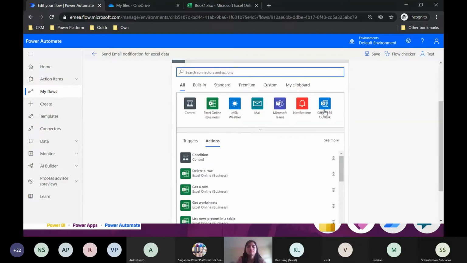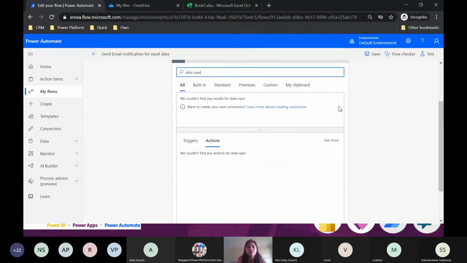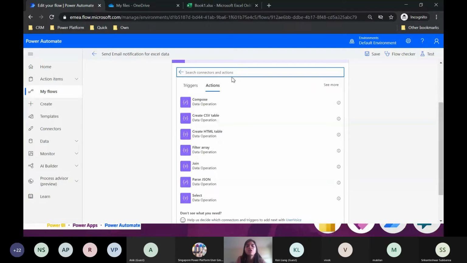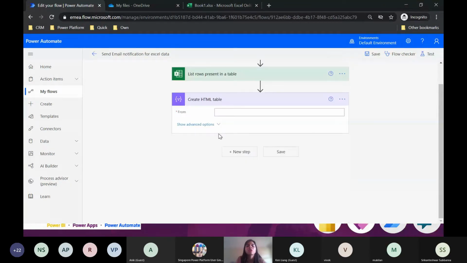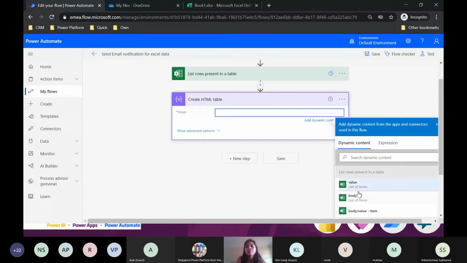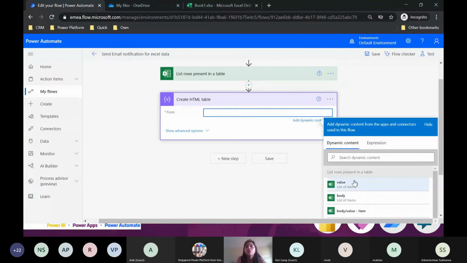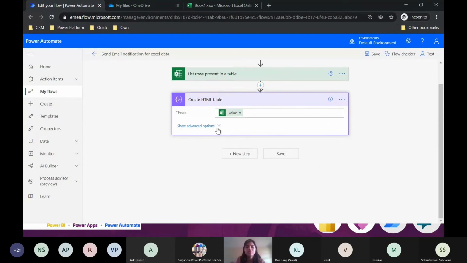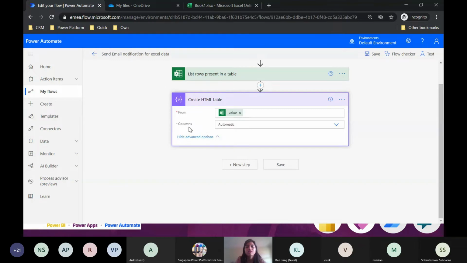I'll click on a new step. I'll search for data operation. Under data operation, I've got create HTML table. So I'm quickly going to create my table from, you will select over here the value. I want the values that are present in that Excel table. So I'll go ahead and click those values. If you click on the advanced options, you will see the columns. So let me do this. Let me first take all the columns in my Excel and email it